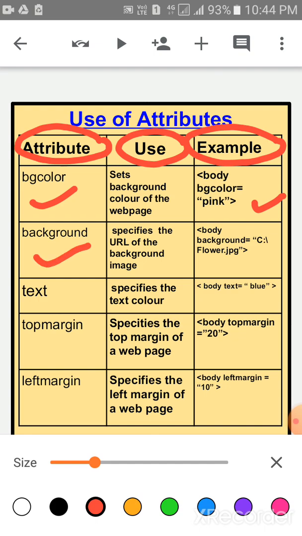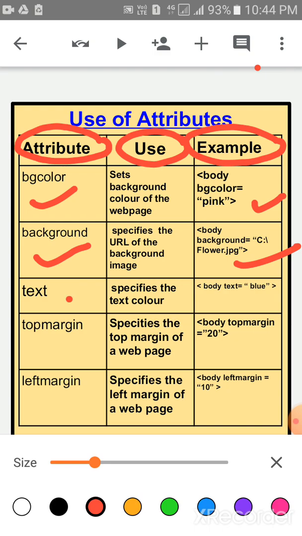Next is the background attribute. Children, the background attribute specifies the URL of the background image. The syntax is, write down body space background is equal to, within quotes write down C drive slash image, background image name, dot jpg, and then close the quote and then close the tag.